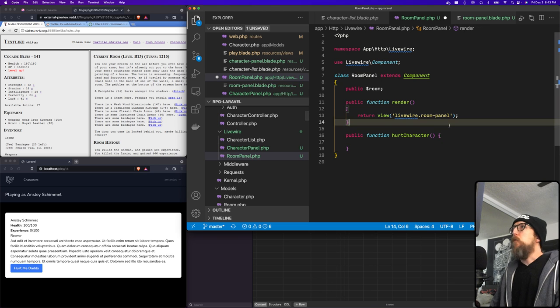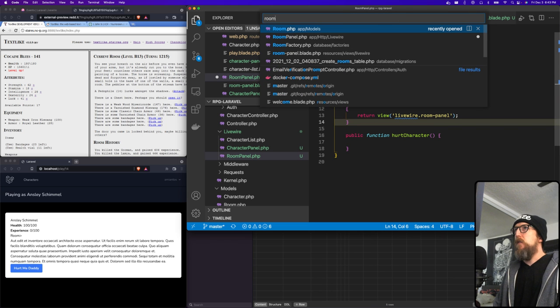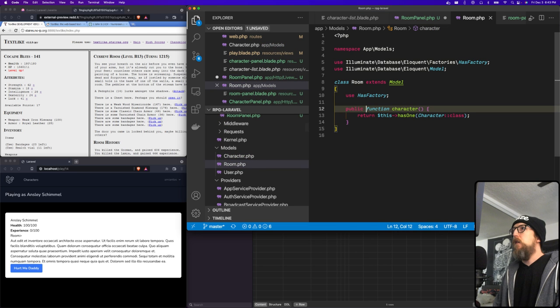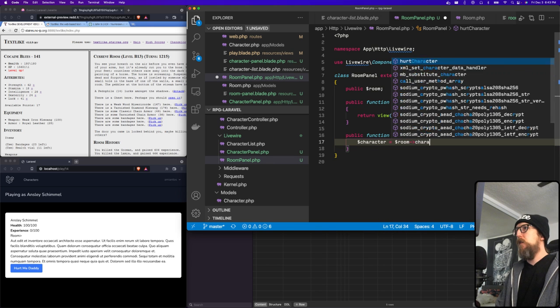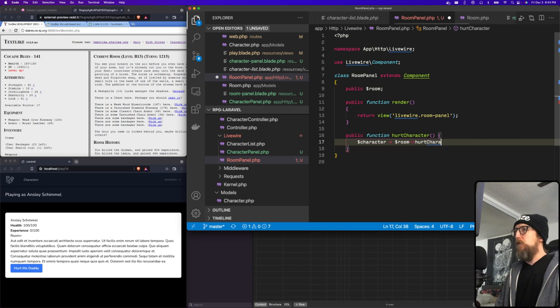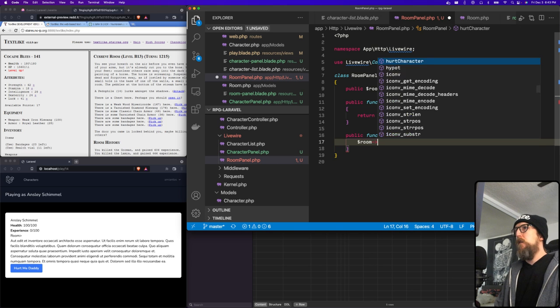I don't think room has a character. I mean, room doesn't have a character assigned to it because... Oh, it does. Look at that. This has one character. Well, for now, we'll just do this. Do character equals room character. Nope, character. Oh, we don't really need to do this. Room character